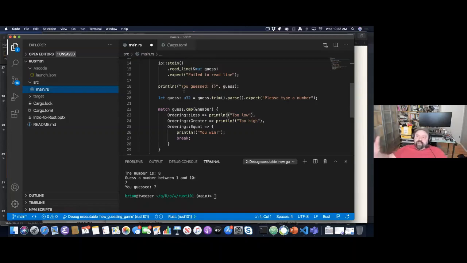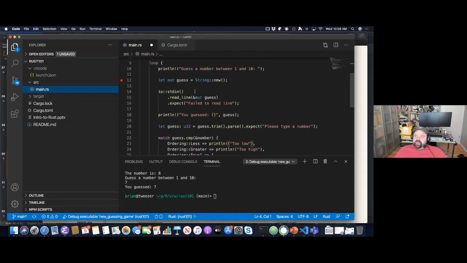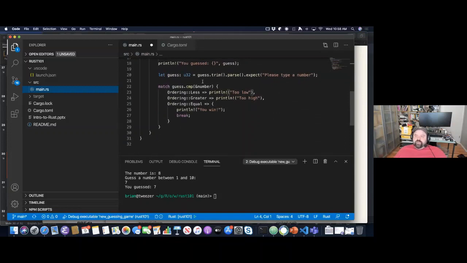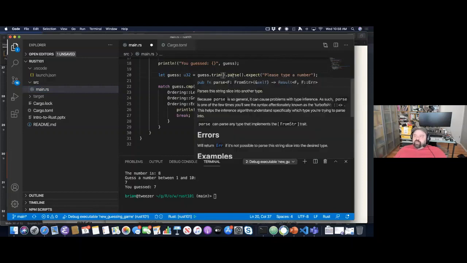So at this point, we've read the string in. We've been successful. We've added it to the string that we allocated up there, and we printed out what the guess is. So the next thing that we want to do is figure out, did you guess correctly? So we're going to parse the result. So first we're going to trim it. So if there's any excess white space, we'll get rid of that. Then we're going to parse it. And notice that the parse